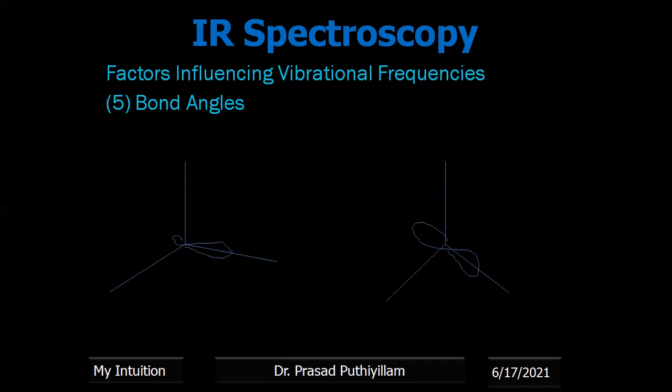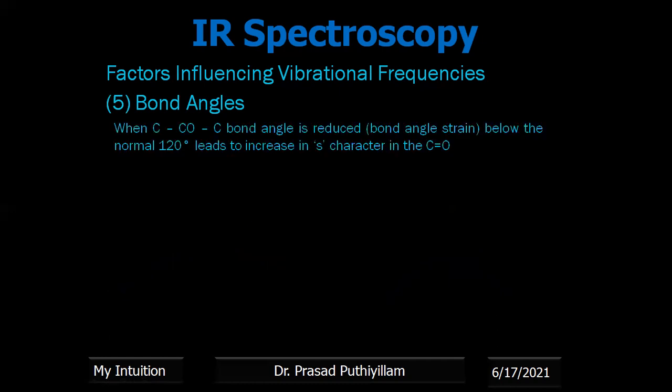So this represents that when the angle is around 120, there is less s character and more p character, whereas when it is compressed, it becomes more s character and less p character. That possibility is represented here, more s character. So in the case of a C=O double bond, if the bond angle is reduced, that means introducing bond angle strain below the normal 120 degrees, it leads to an increase in s character in the carbonyl functional group. Increase in s character means, we know the s orbital is a spherical structure,